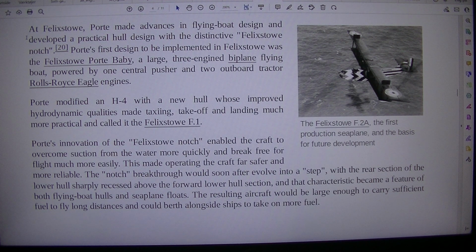Porte made advances in flying boat design and developed a practical hull design with the distinctive Felixstowe notch. Porte's first design to be implemented in Felixstowe was the Felixstowe Porte Baby, a large, 3-engined biplane flying boat powered by one central pusher and two outboard tractor Rolls-Royce Eagle engines. Porte modified an H4 with a new hull whose improved hydrodynamic qualities made taxiing, takeoff and landing much